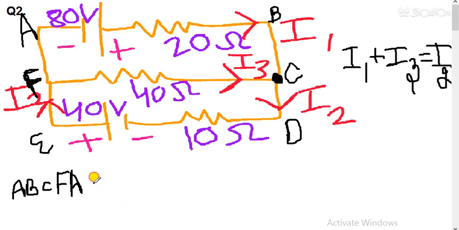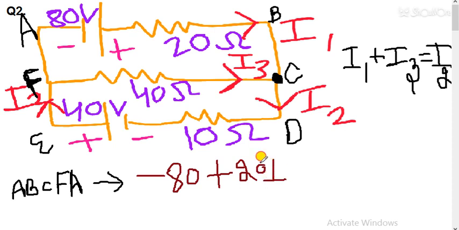So I am writing its equation here. I will change the color. Okay, color change is done. Yes. So students, you can see we are moving from the negative to the positive terminal of the battery, so I will take minus 80 here. Then I am moving in the direction of current I1, so I will take plus 20 I1 here. Minus 80 plus 20 I1.